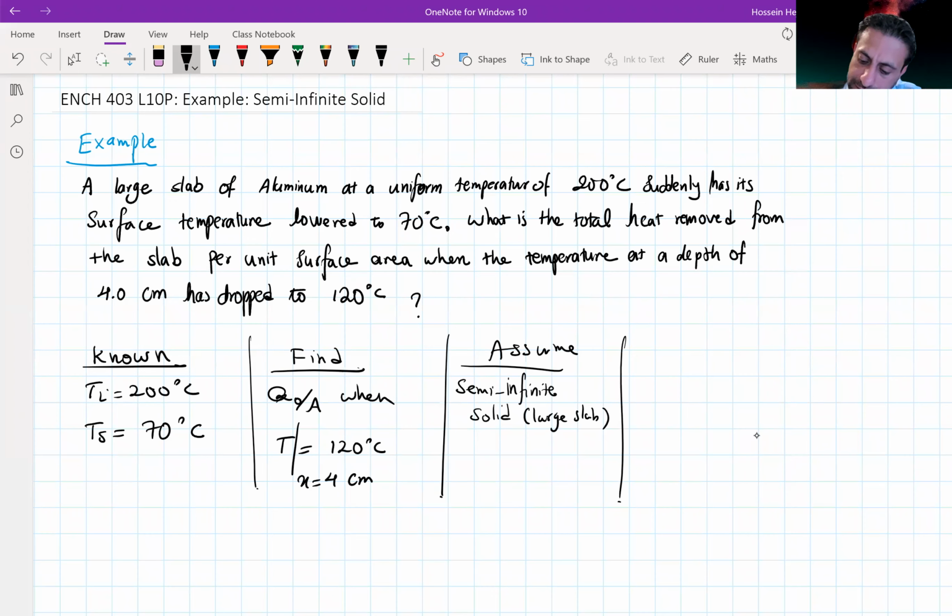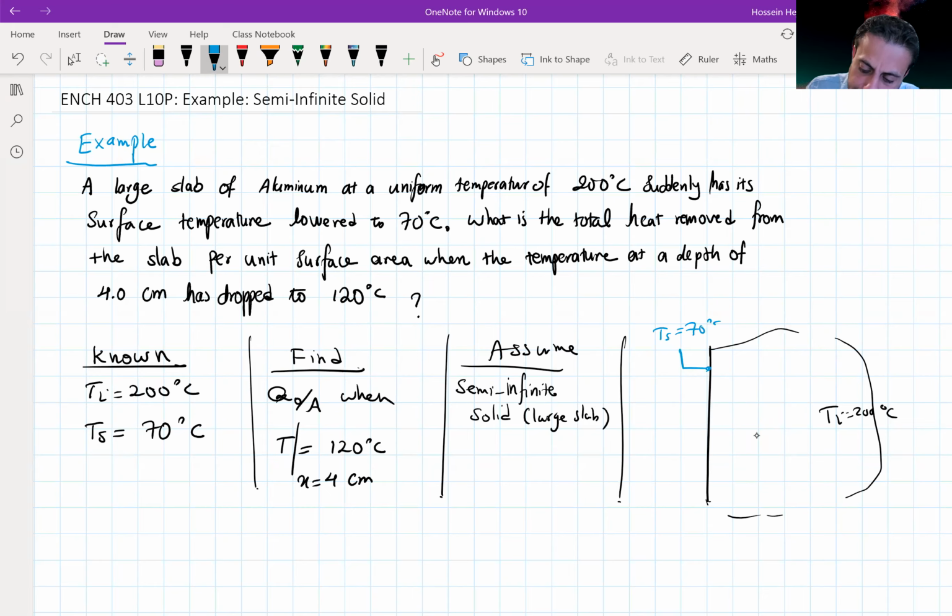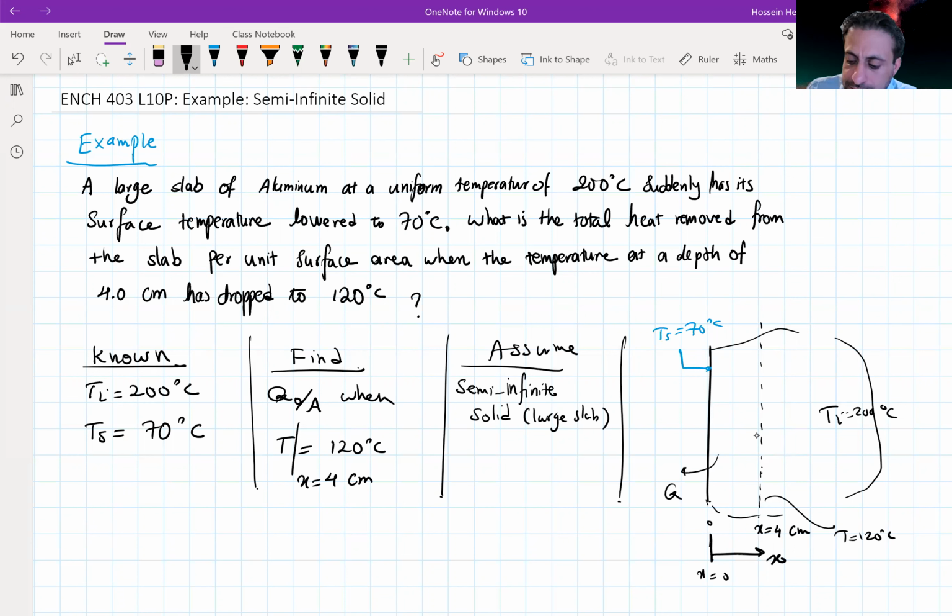If I want to put a diagram here, let's say this is the slab of aluminum, just a portion of this slab, and everywhere Ti is 200 degrees C, and we just change the surface temperature to 70 degrees C. If this is x equal to 0, then when the temperature at x equal to 4 centimeters reaches 120 degrees C, we want to see how much heat has been removed from the solid